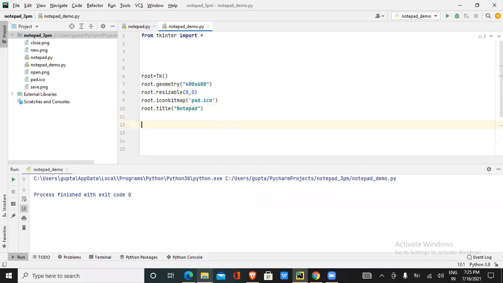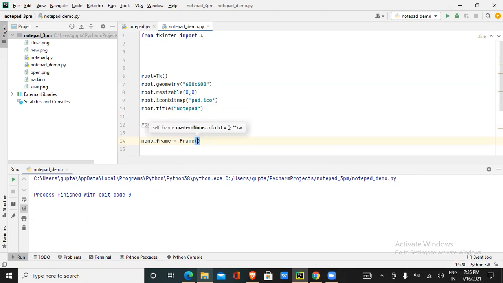So now the next thing is I should be creating the frames. First, how can we create the frame? We need to give the name of the frame first. I'll be giving the name of the frame as menu frame. Using the Frame attribute where F is capital. If you want a button, you write the Button attribute where B is capital. The same way to declare a frame, you write the Frame attribute where F is capital.